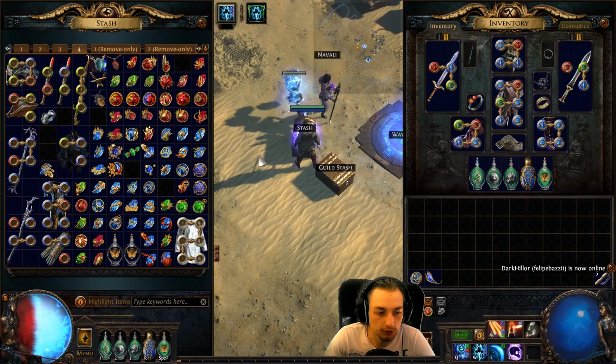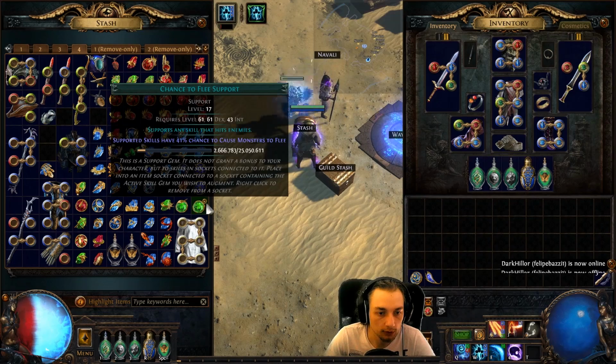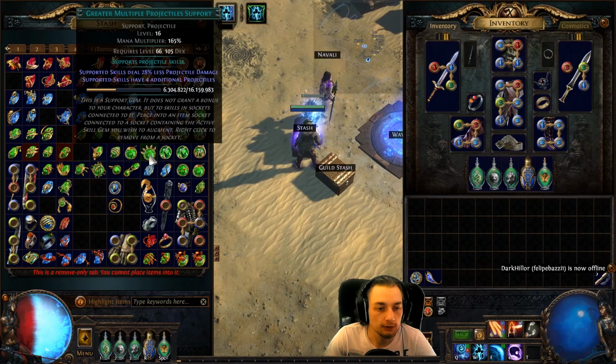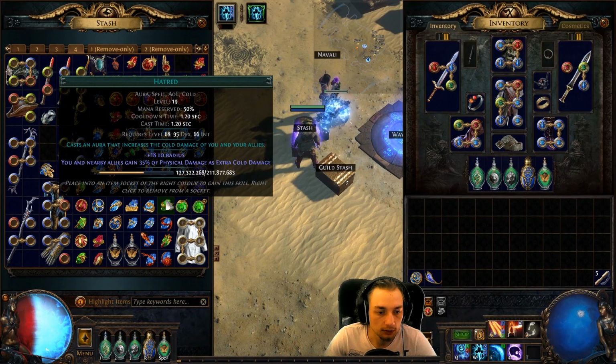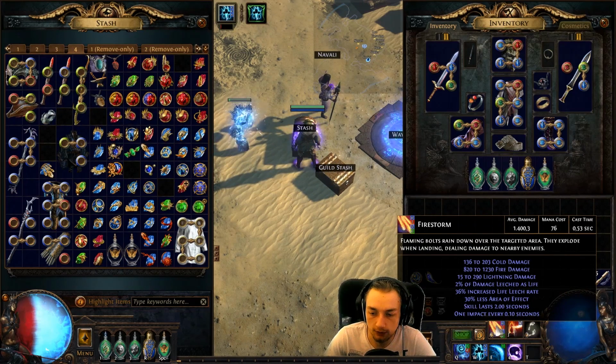What about greater multiple projectiles? Have I put this on there? Maybe it's on one of those weapons. There we go. So 28% less projectile damage, 4 additional projectiles. Only works if you want to kill an awful lot of those. More spell damage. More damage over time. Okay, more spell damage and more damage over time would work with...